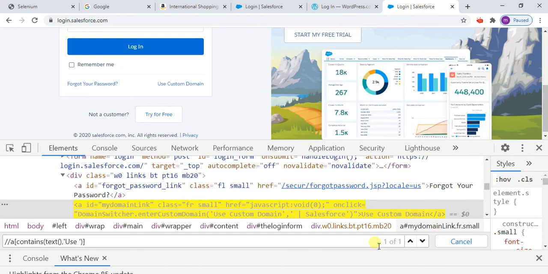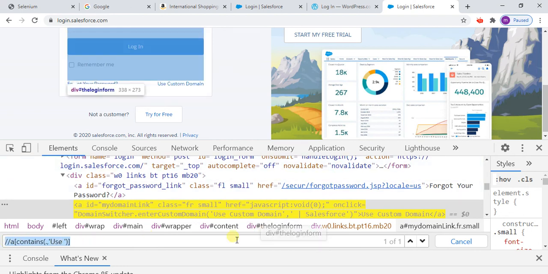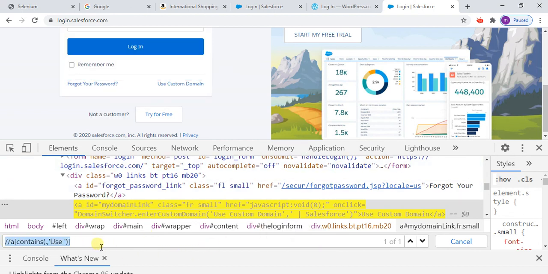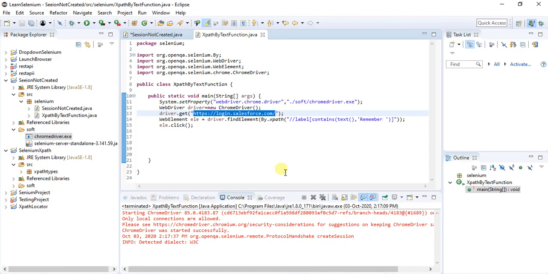See, now it is working, one of one. Instead of text you can make it a dot as well, and now it also works. Like that you have to work on it, and our XPath is working fine. Likewise you have to work on more examples, and you will understand how we are going to use it. So I have done this one.